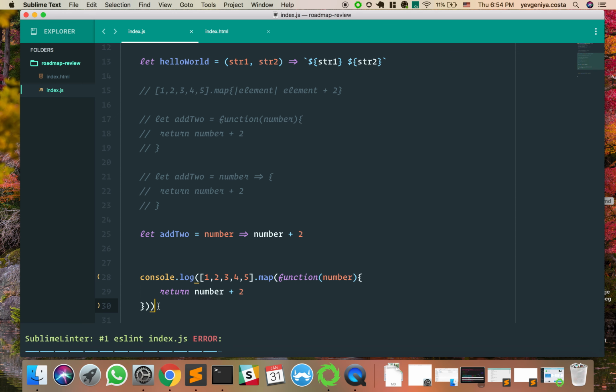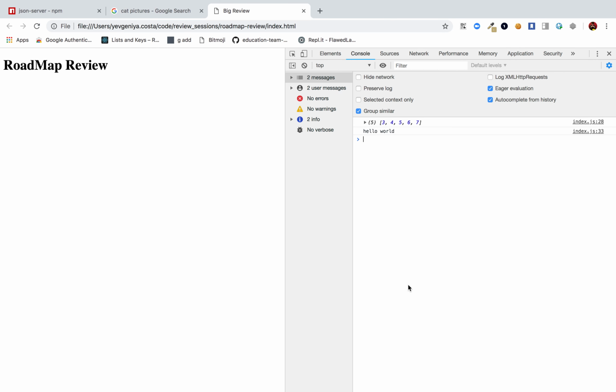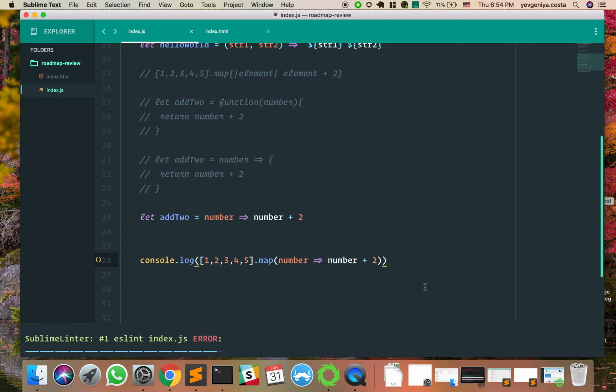But if we want to be more succinct, we can just put this all in one line, because this itself is a function. So we can get rid of all of this nonsense. We can just put that, because this itself is a function. And this is frequently how you're going to use stuff like map. Make sense? Should we do a filter? Let's do a filter. Okay. So